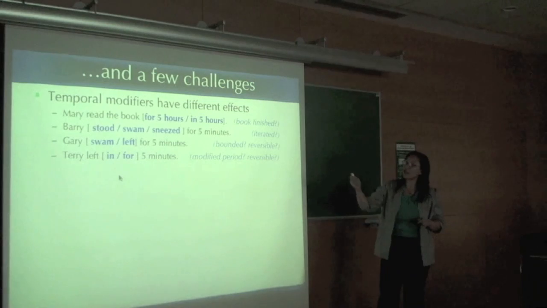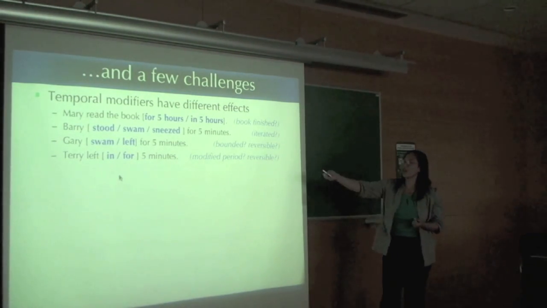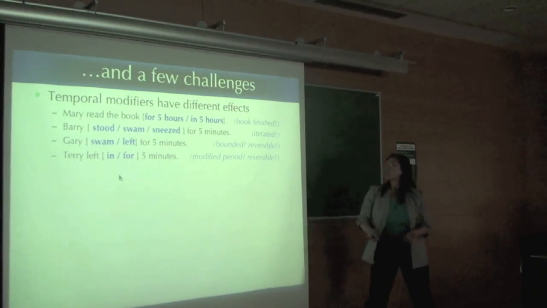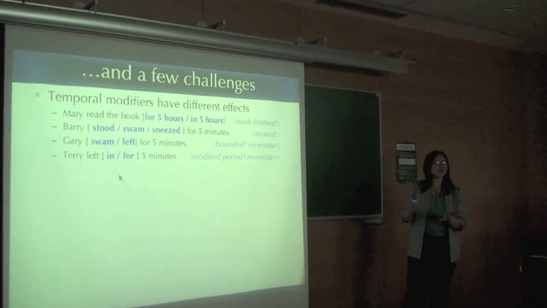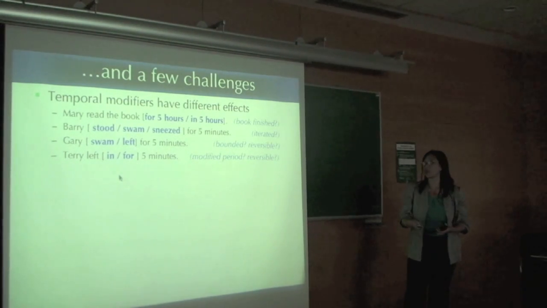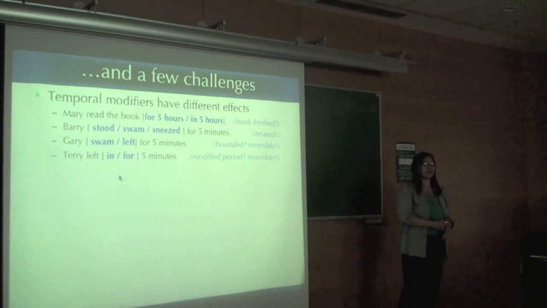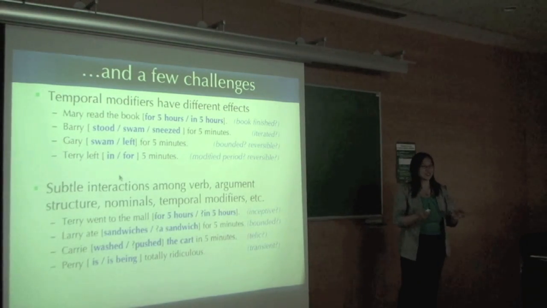And then Terry left in 5 minutes. That's a little bit more like the leaving happened at the end, and 4 or 5 minutes is the one we said before. So the point is you should get the idea that things that look the same have very different shape, right? This idea that events have different kinds of shapes and different things that are true, and this idea of reversibility is sort of funny, right? I unlocked the door for 5 minutes. It's a little weird, right?